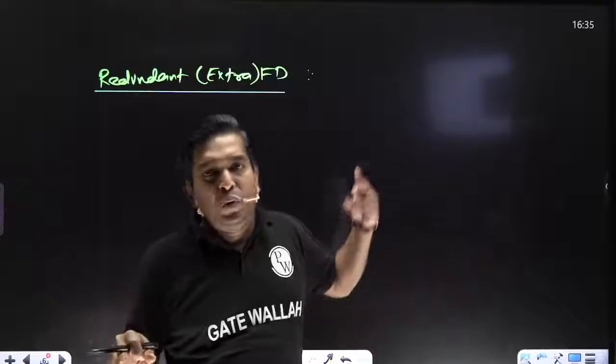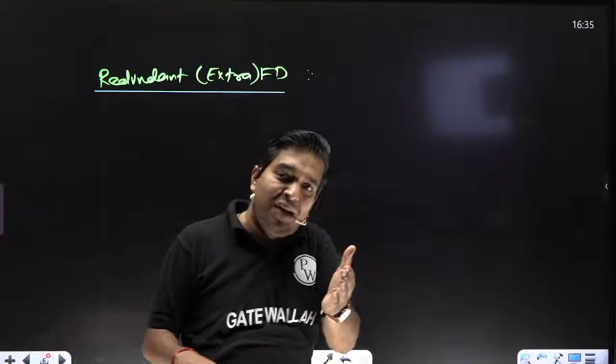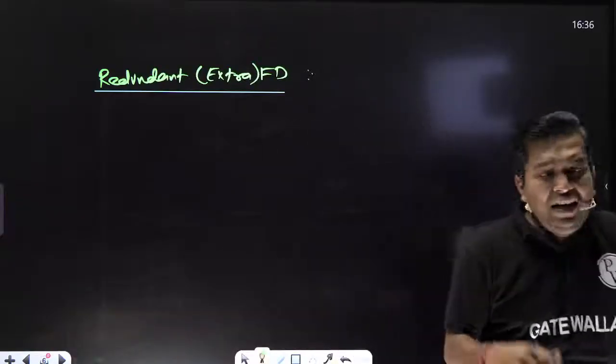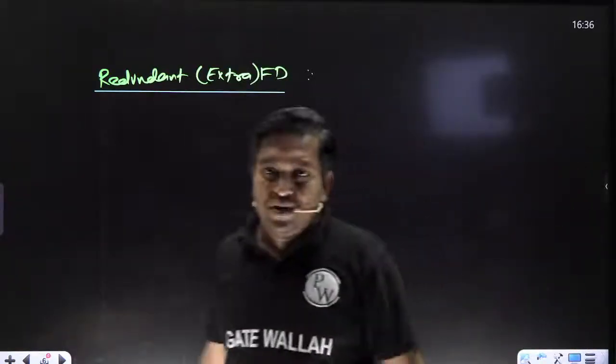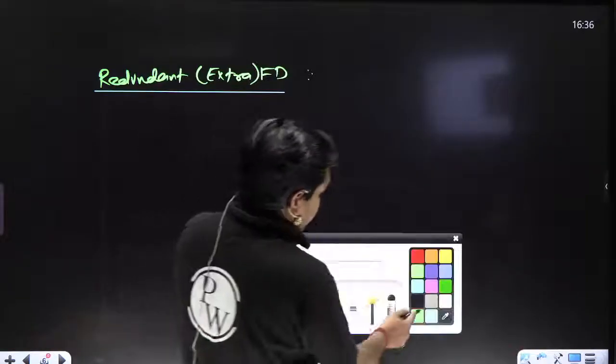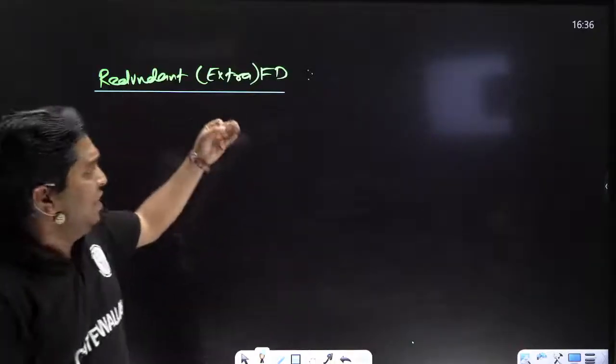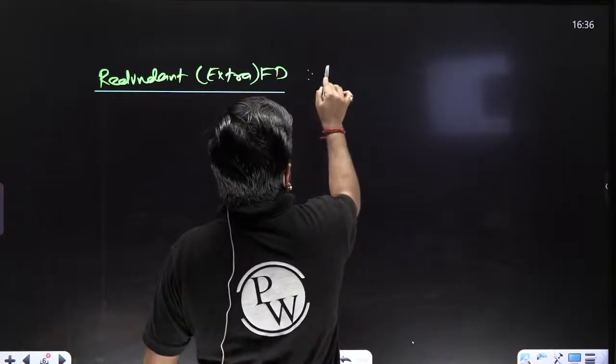I will tell you two approaches to check minimal cover, and if the minimal cover is given and the original FD set is given, then how you can say it is true or false. So what is my topic? My topic is elimination of extra FD. What is the meaning of extra FD? Redundant FD. I am saying RFD.